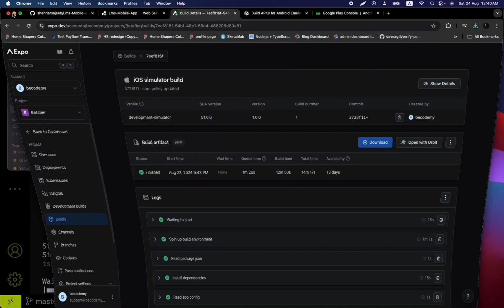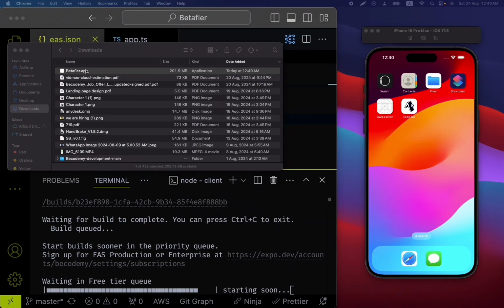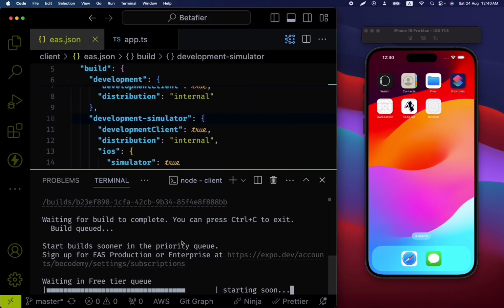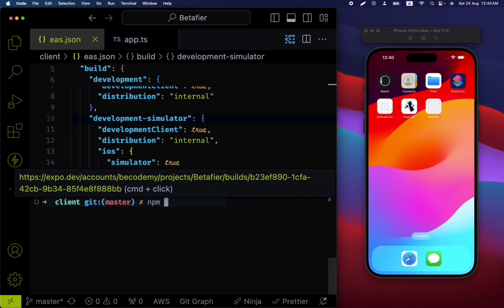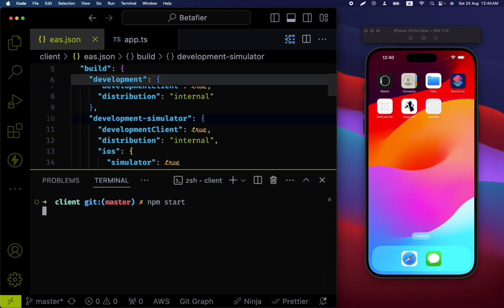So just minimize Google Chrome, just drag this betafire.app and add it inside the iOS simulator. And it will take some time, and here you go, our Betafire app is ready. So very good. We can just close our terminal. We can right now type npm start,